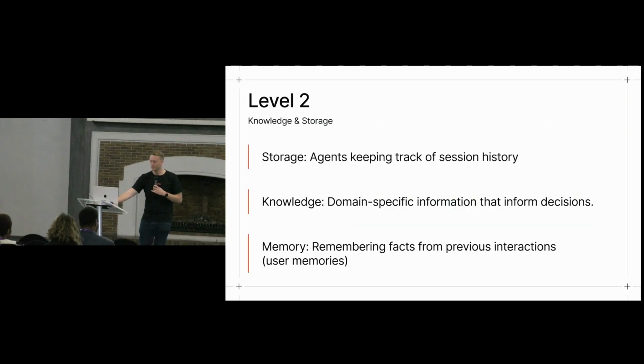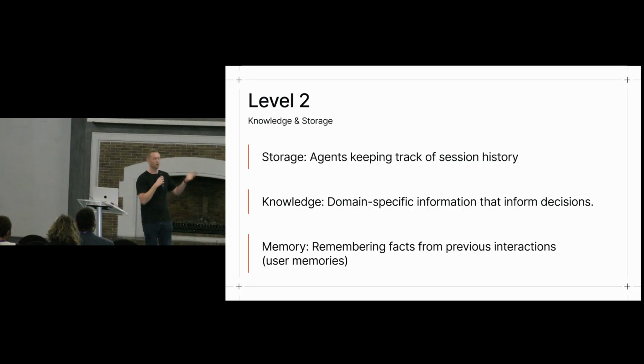All right, level 2. So next, we'd like to maybe persist that conversation. We've been asking the agent single questions, but what if you ask a follow-up question and you refer to a previous question? That doesn't natively come with an LLM. LLMs are just models. What an agent does is add persistent storage so that you have that conversation history available.